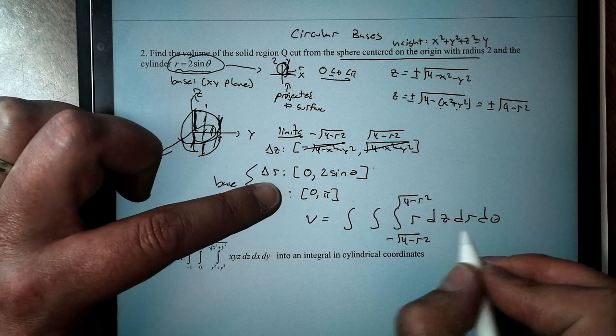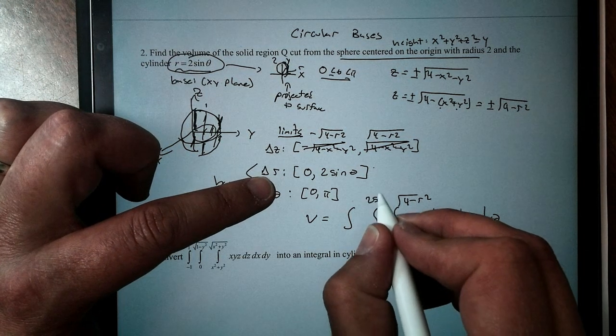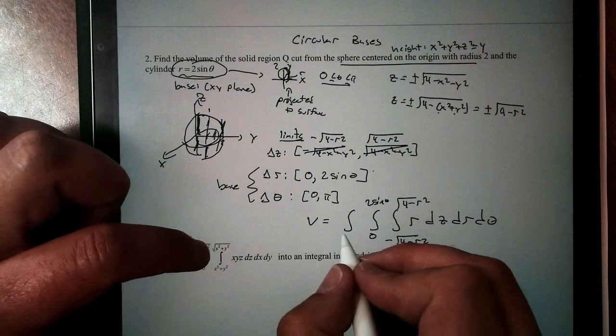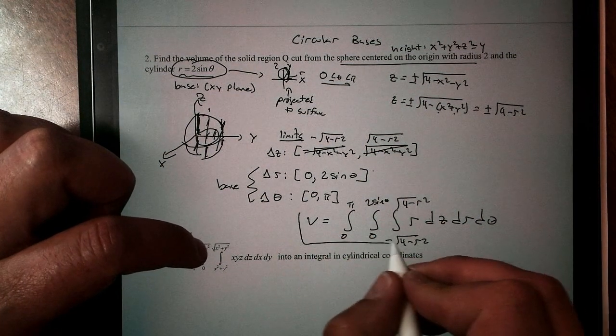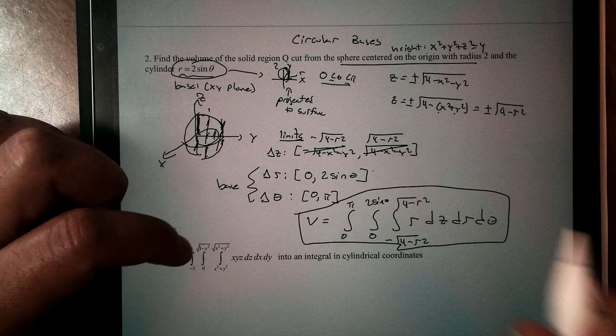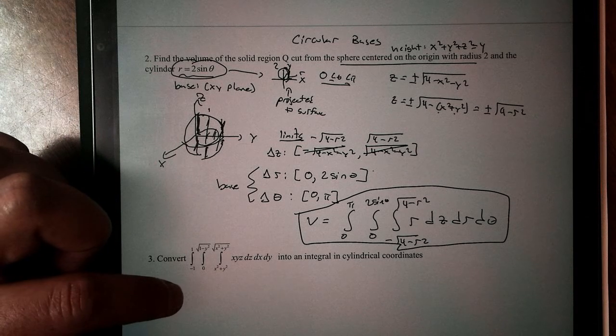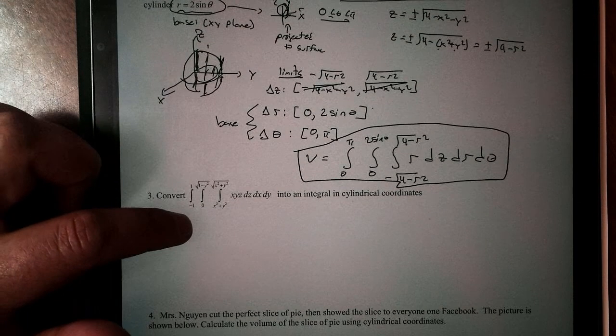My change in r's goes from 0 to 2 sine theta, and my change in theta goes from 0 to pi. And there we have that. All right, so for our next one,